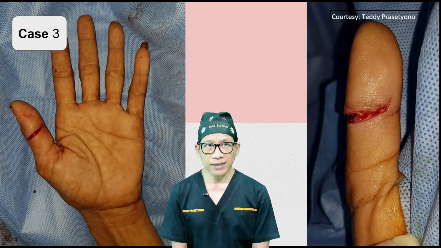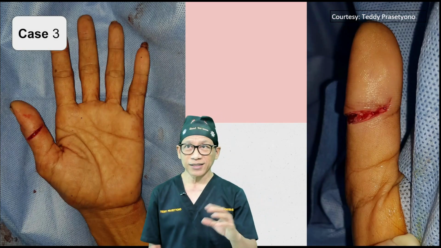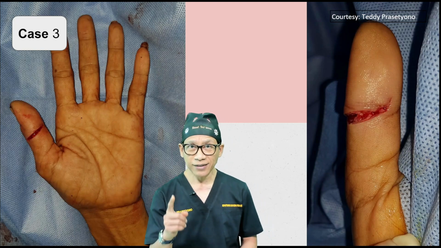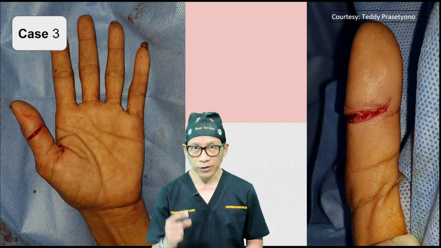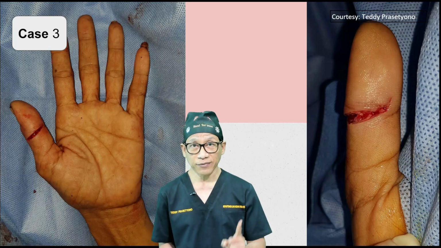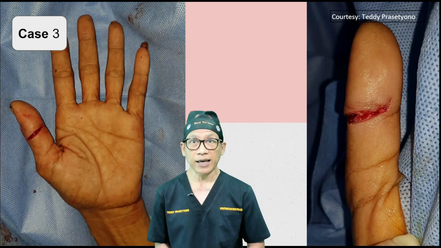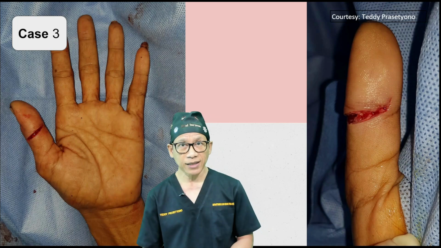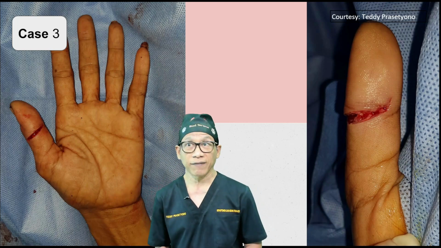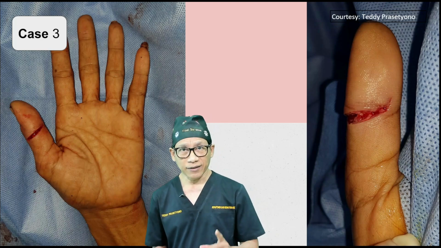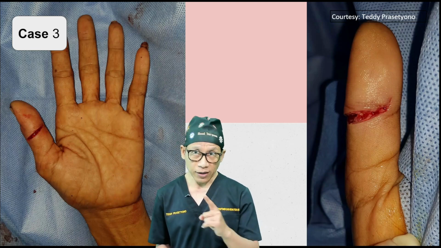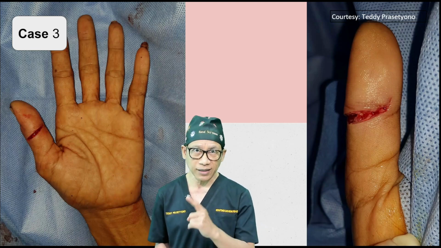Okay, so the next case, back to the thumb. Now it's a bit on the volar side. It's also simple that the thumb has a main or long flexor, and also a shorter flexor. So the long flexor is flexor pollicis longus, and there is also flexor pollicis brevis, which is basically an intrinsic tendon. The flexor pollicis longus inserts in the distal phalanx, and the flexor pollicis brevis inserts in the proximal phalanx. Now the position of the laceration is at the joint level.